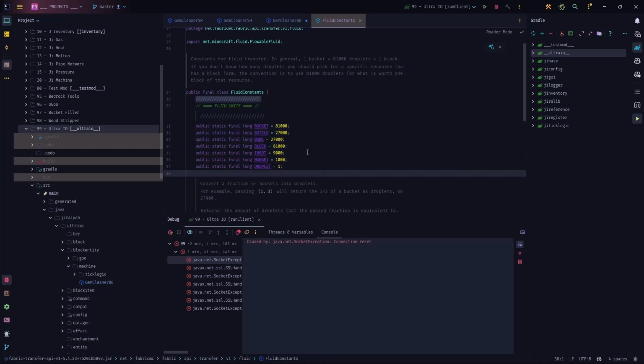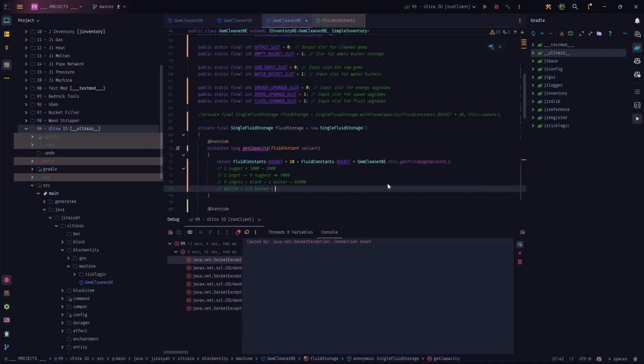And the minimum number possible is 1. So we established the droplet. Each drop of water will be 1, meaning that if you establish a lava generating thing that will generate 1 droplet each tick, then we want 81,000 ticks to generate a bucket. Means that if we have a system that says 1 tick equivalent of 1 droplet, then a bucket equals